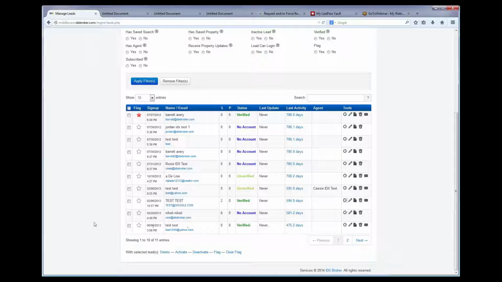This is another response to a question that's come in that several people may have. Can all new properties added to a website be sent to all leads? No. Now, you can, on the other hand, for any individual lead, when you're creating a saved search for them,